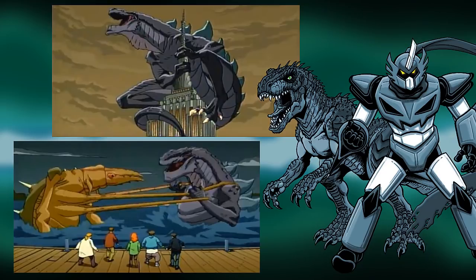And then on top of that, the toy line didn't actually sell well, which led to Trendmasters canceling the toy line for this animated series, which sucks because as a kid, I would have loved to have had toys of a lot of these monsters. A lot of their plans for this franchise came tumbling down, and the only thing that ever came out of this in the aftermath of the movie was the animated series,